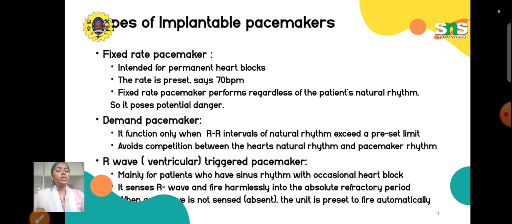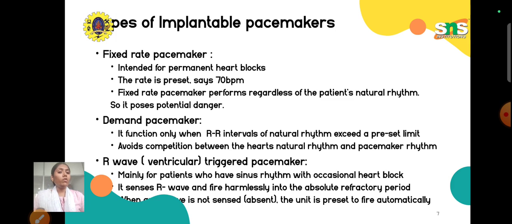Second one is the demand pacemaker. As the name suggests, the word gives the information of what it is, right? Whenever there is a demand, in that case only this pacemaker will get activated, and it will start to give impulses, or take over or support the function of the heart. Yes. So this pacemaker will look at the patient's natural rhythm. If the patient's natural rhythm has some malfunction, or doesn't work properly, in that case